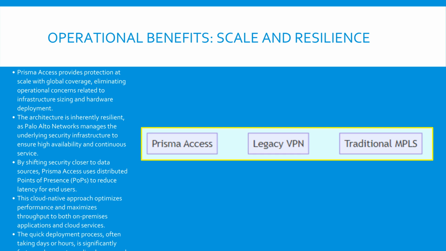Prisma Access, leveraging its cloud-native SASE architecture and SPNs, is positioned strongly in the global reach and resilience and high performance and agility quadrants. The deployment process for SASE is significantly faster and more streamlined compared to older technologies like MPLS. By abstracting the infrastructure complexity and delivering security globally via distributed points of presence, Prisma Access ensures both optimal performance